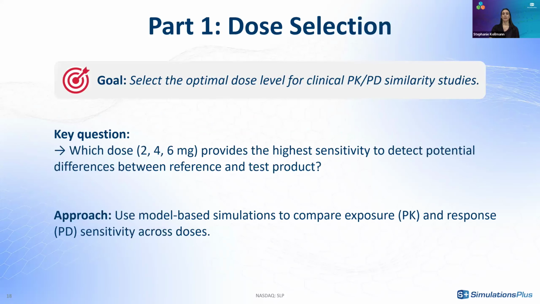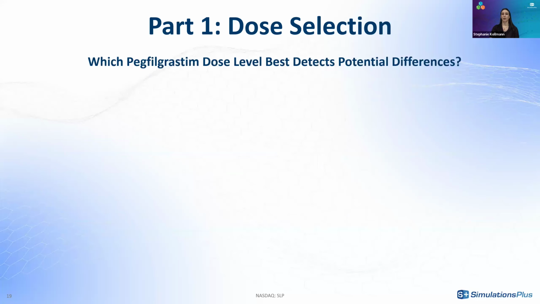So the first question we address is dose selection. Which dosing level provides the best chance to detect small differences between the biosimilar and the reference product? Using the published PK/PD model, we evaluate how each dose level reacts to control changes in key parameters. In biosimilarity assessment, it's important to consider all major PK and PD determinants, such as, in this concrete example,